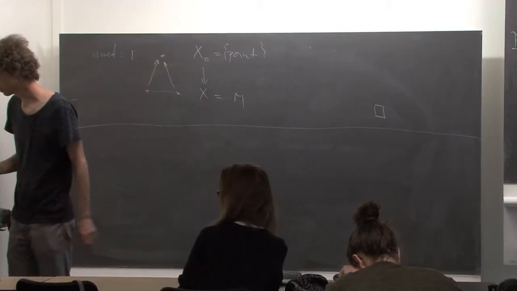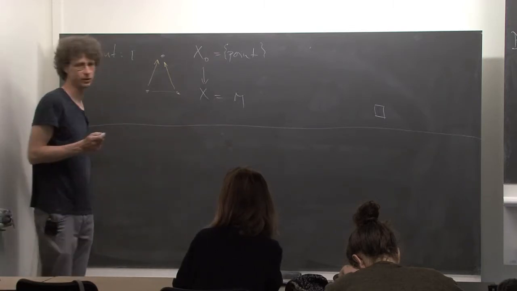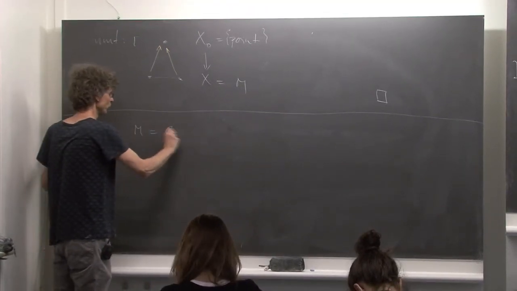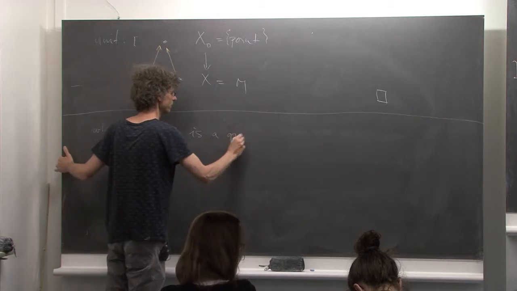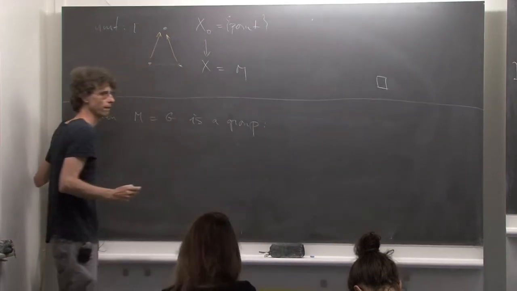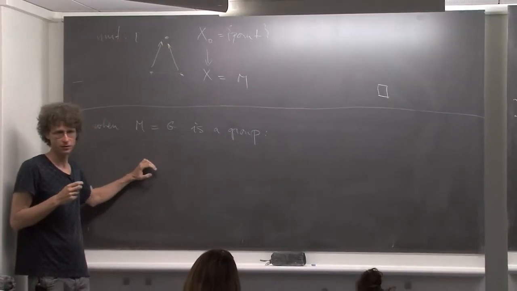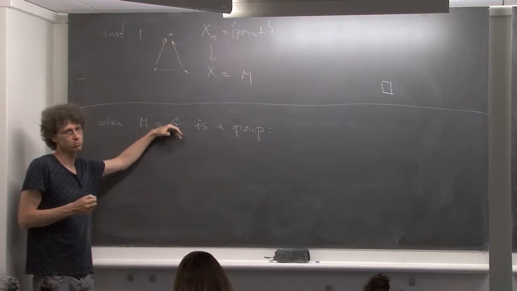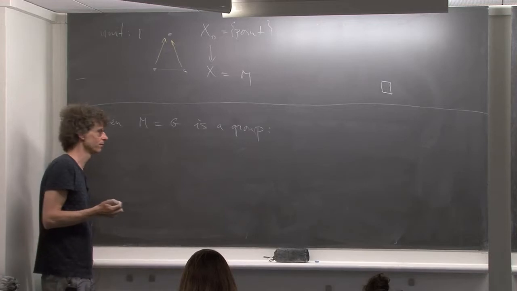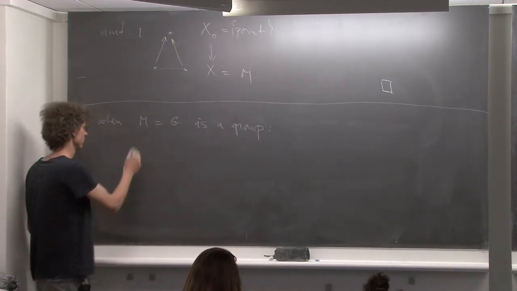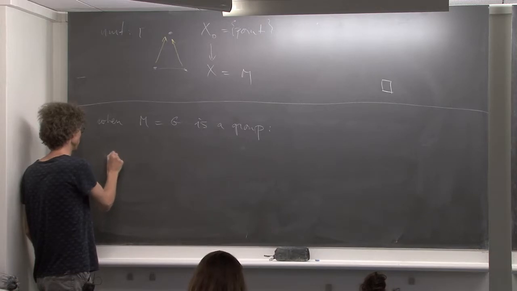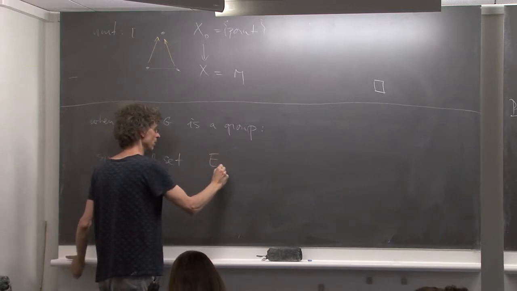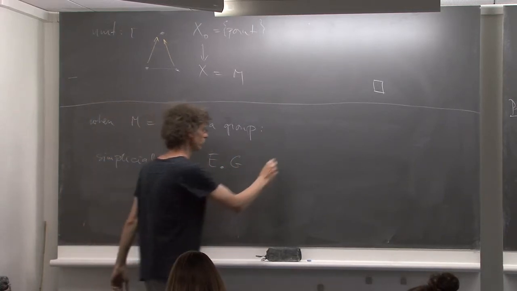And yeah, okay. The final remark is that when M is actually a group, M equal G, then there is another construction of the nerve of a group, which is possibly simpler. I don't know, it depends on your taste. So what we can do, we can construct some other simplicial set, e.g., which is simply